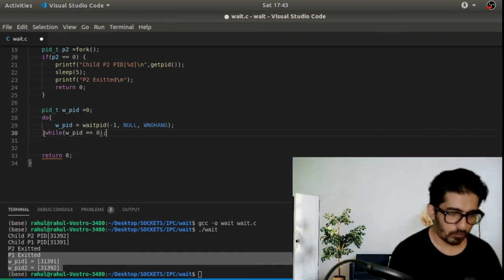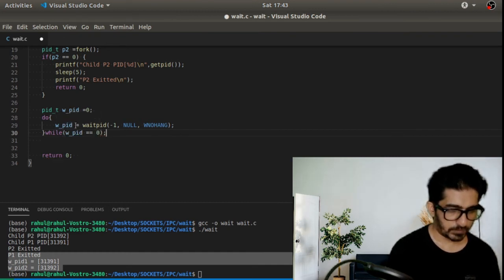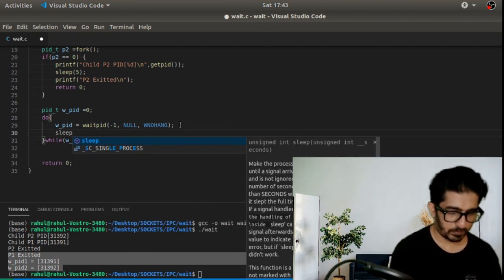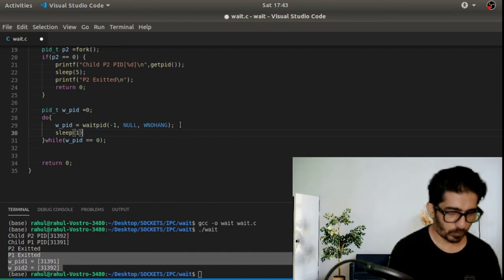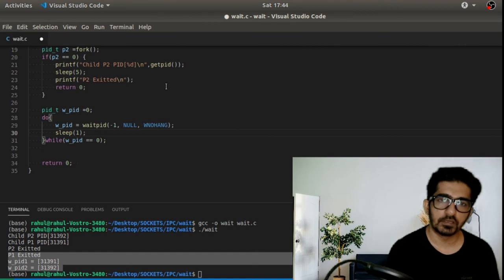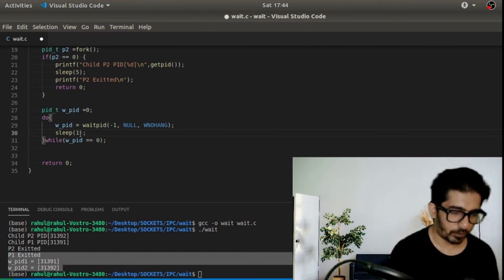If there is no problem in the waitpid call, then this PID will be 0, and we may sleep for 1 second, so that we again check the status of the child process.